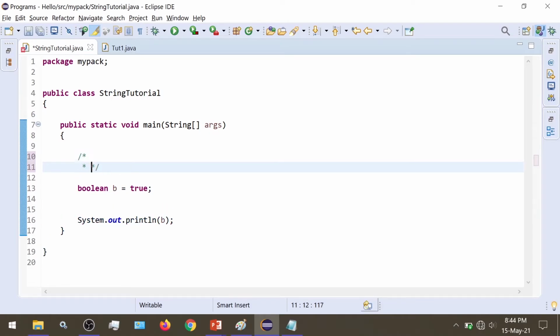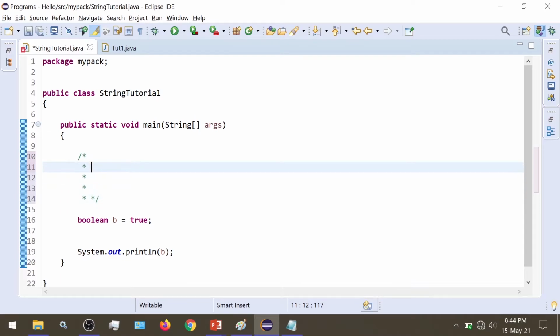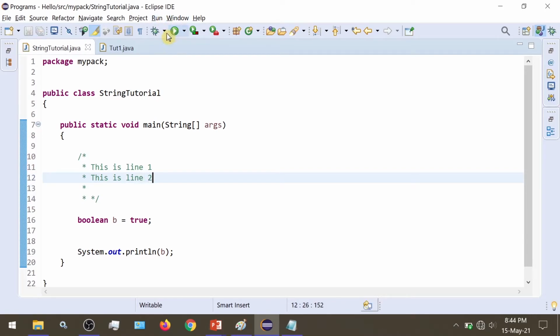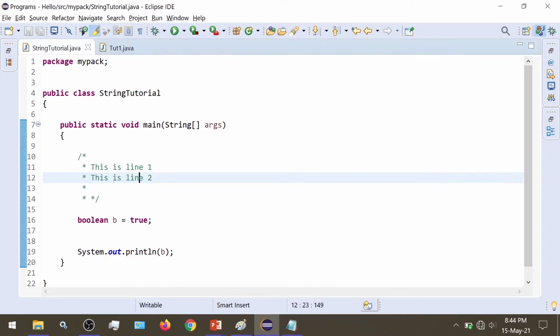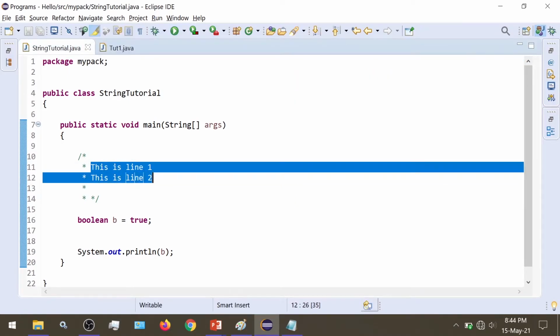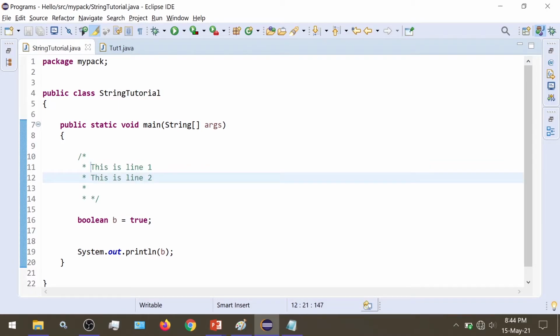Using this pattern, whatever is written inside is a comment. So this is line 1, this is line 2. If you run this, our program would execute just fine and these lines would be ignored. So this is the concept of comments and it is highly useful for documentation purposes.